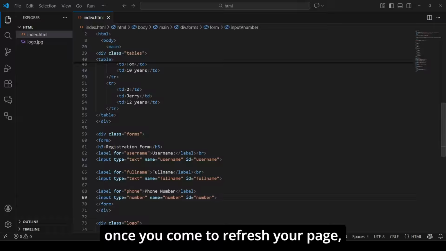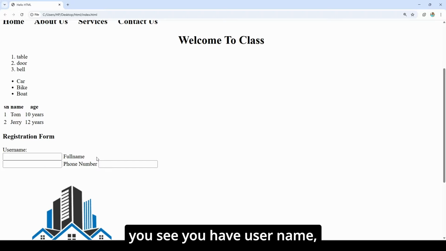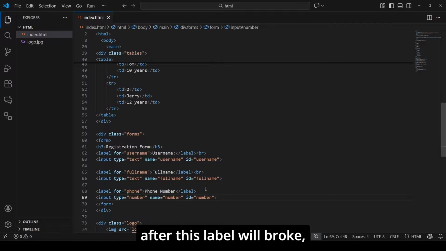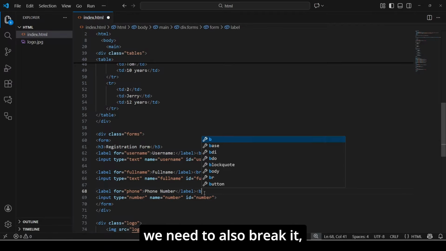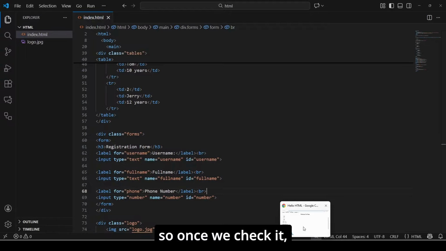Once you come to refresh your page, this way, you see you have username. Something is wrong. We did not break somewhere. Let's use our break. After this label we broke, so after this one we need to also break it. Okay, and save it. So once we check it,